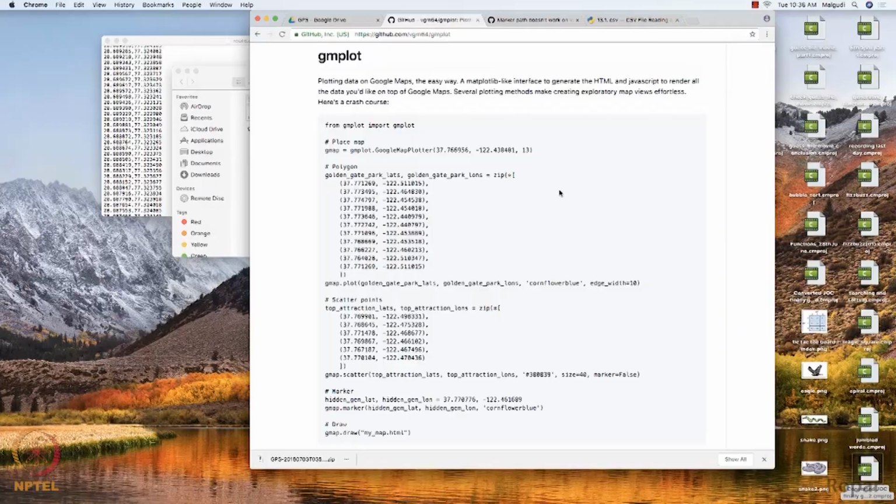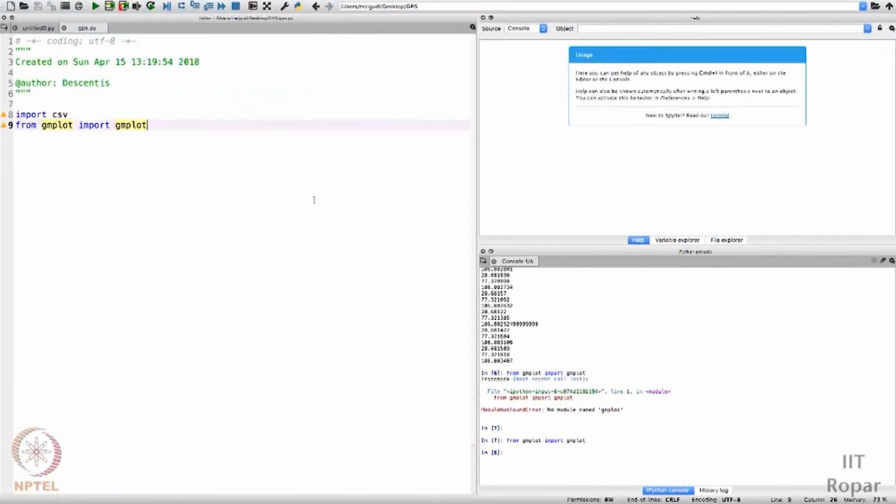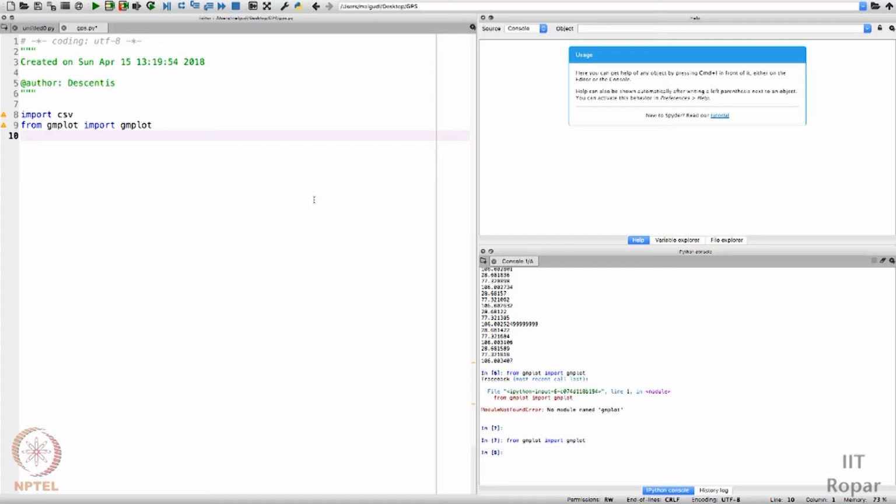Okay, so let's see this. I will import the CSV library and the gmplot library. Next, I will place my map on a particular location. For that there is a function. So let me create a variable gmap is equal to.